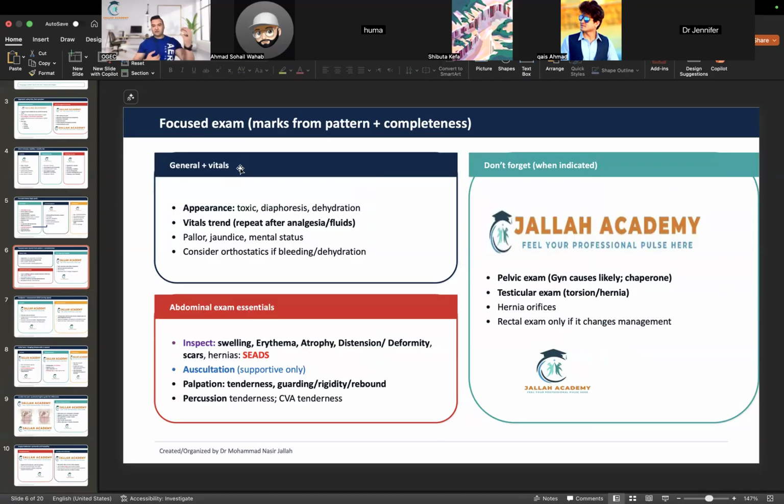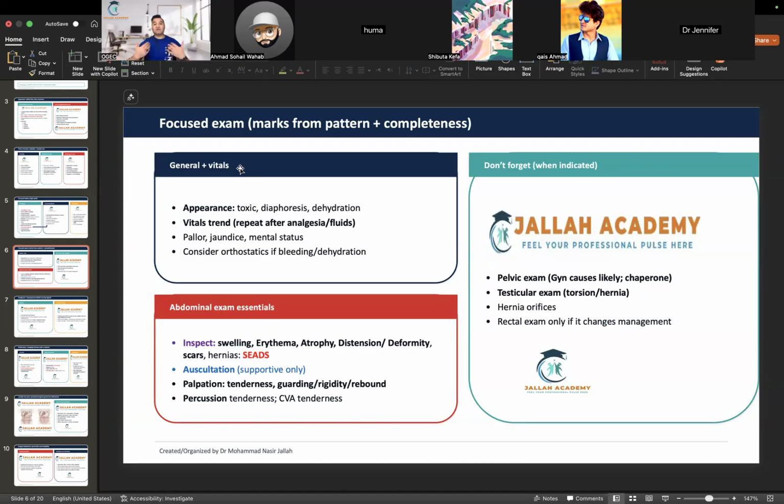Obviously, knock on the door, then you enter, smile, greet everybody, use the hand sanitizer, hand over your ID, I mean the student number, to the examiner, which these days they don't do anymore. You just call your student number and the examiner finds your paper and knows, oh, I have your paper, now I can give you a mark. If you don't say it, then he has a bunch of papers and doesn't know who you are so that he can mark you, right? So you have to introduce yourself to the examiner so that he finds the right paper to give you the score or the mark. And then you introduce yourself, ID the patient and explain your role.